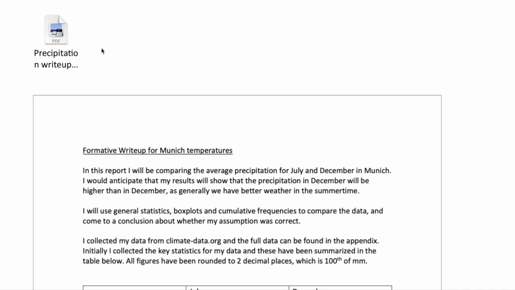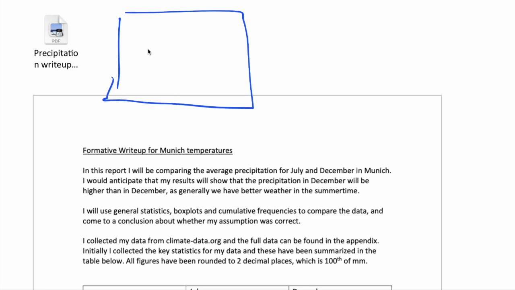Okay, first of all, your formative needs a title page. You need a title page, maybe a title and your name, like by Mr. Collier. Maybe you can put the date on there. Maybe that's not important, depends on your teacher. This is about precipitation. That's a typo there.